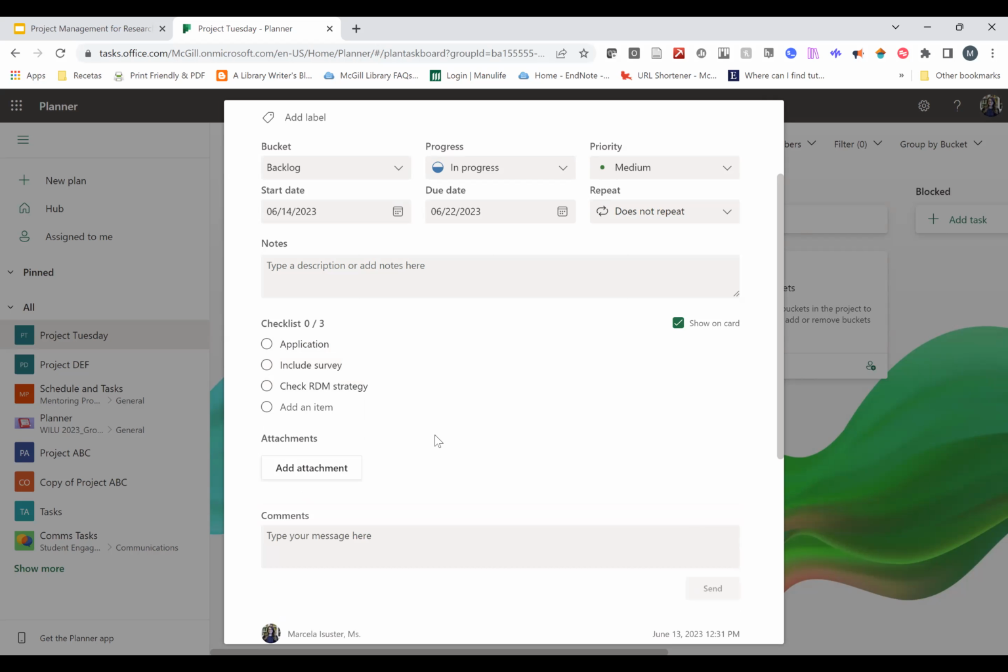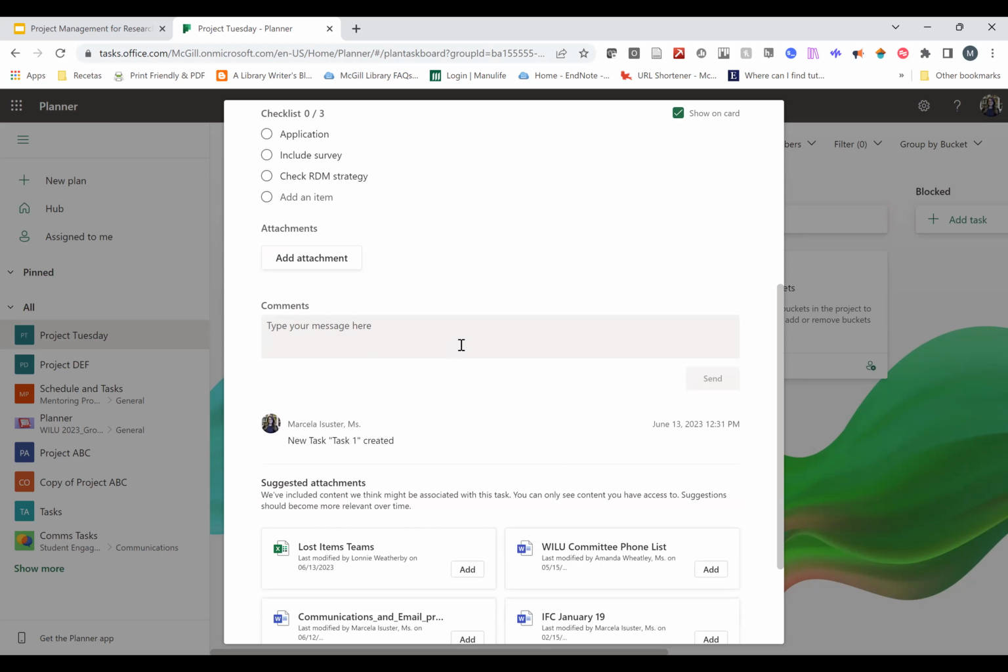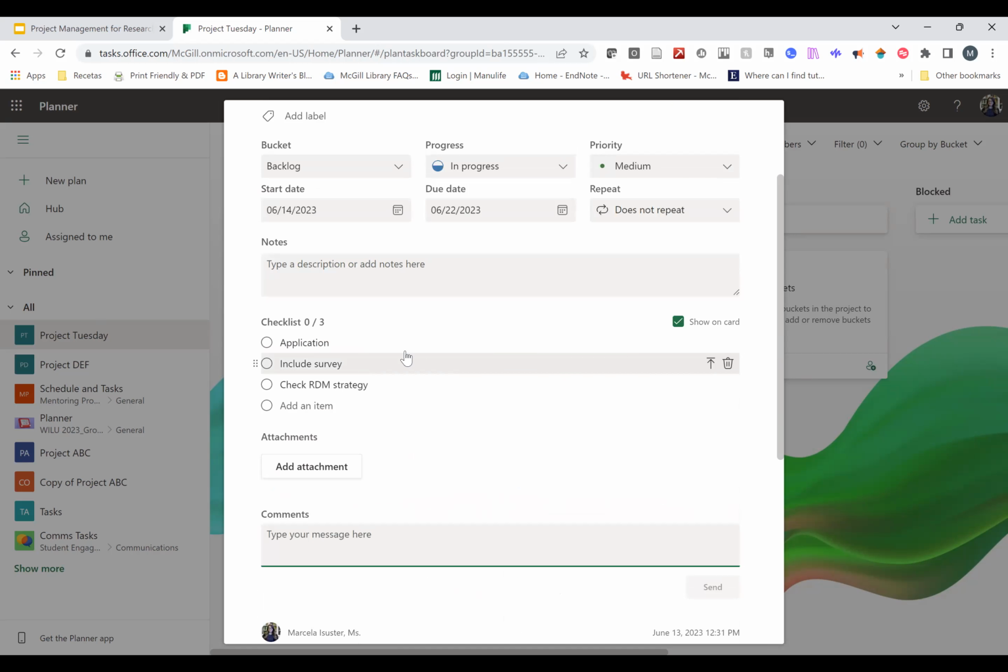Once you give yourself a checklist, if there's something that includes a lot of different tasks and you want to make sure that whoever's doing it, or yourself, has done everything, you can add a checklist so that you can click on it and know that everything you needed to do for this particular task has been done before you check it off. You can add comments, and then other people can add comments. So if you have questions, or if they want to clarify anything, they can just add it to that. Then you can also attach things.